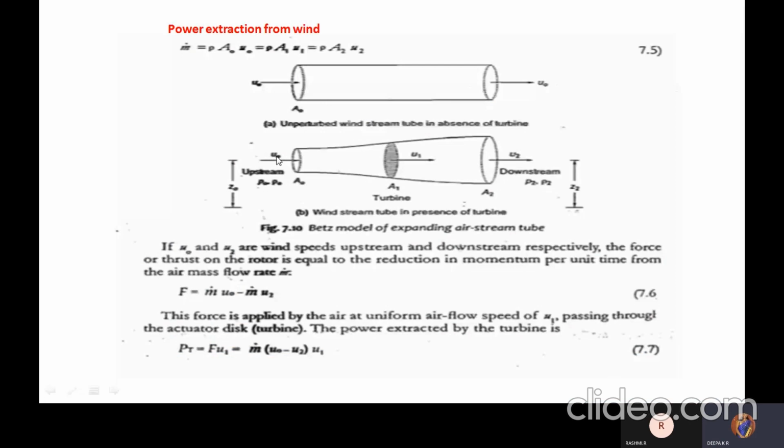And mu0, we already know, is the speed of the wind. Upstream, like you can see, and as well as the downstream. You can divide this: mu0 for upstream, mu1 for the in-between case, and mu2 can be considered as the downstream air section. And at the same time you can see Z0 and Z2. So you are segregating each case of the lower stream, the upper stream and the midstream.